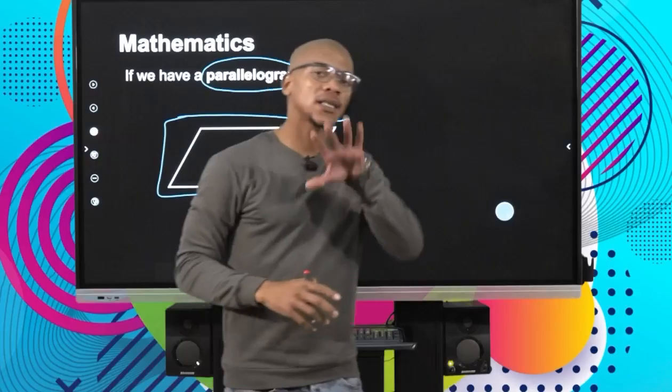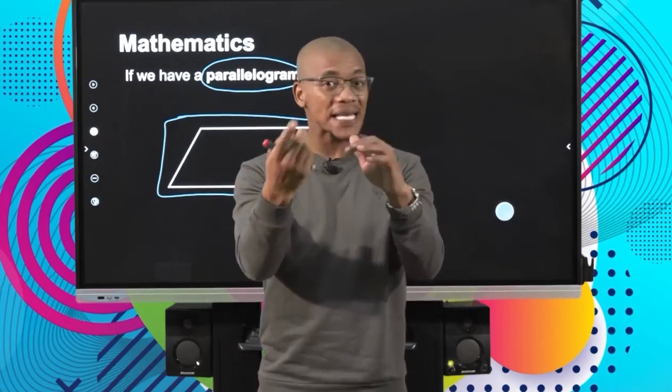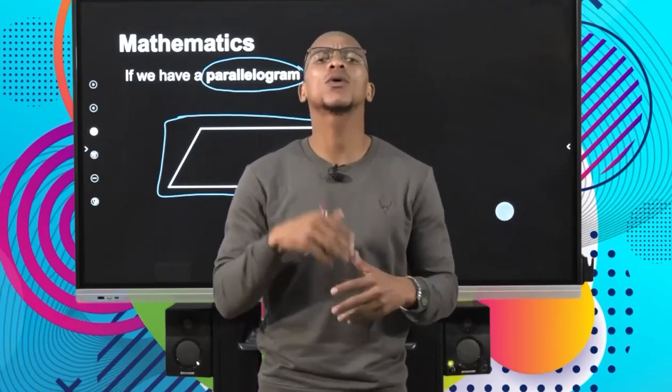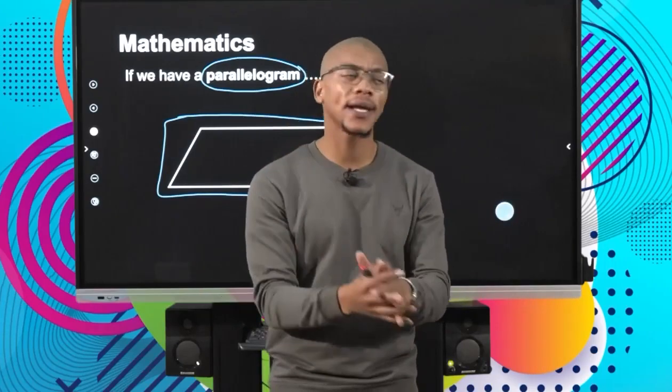Because I must caution you here. In geometry, guys, monkey see, monkey do does not apply. Meaning, because it looks like something, it does not make it that something, right? So it might look like a parallelogram, but it might not be one. It might look like a square, but it might not be one because of something very tiny there. So you always need to find what the properties are, what the reasons are for it being that, if you want to claim that it is that, right? So